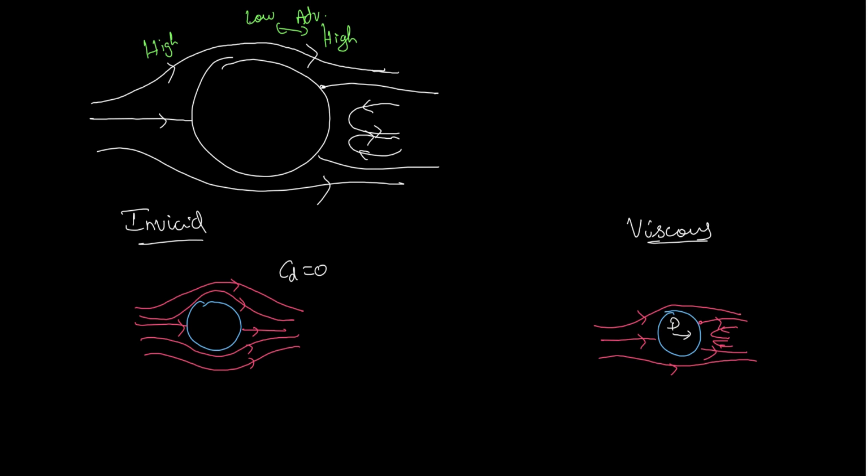Now if I try to analyze with an airfoil, which is a more realistic case and we use it everywhere, I'll try to draw an airfoil here at an angle of attack. This is a cusp airfoil, just for the sake of illustrating the concept. In an inviscid case, because I will not have flow separation in the absence of a boundary layer, the flow must go over like this. I'll have my other stagnation point here.